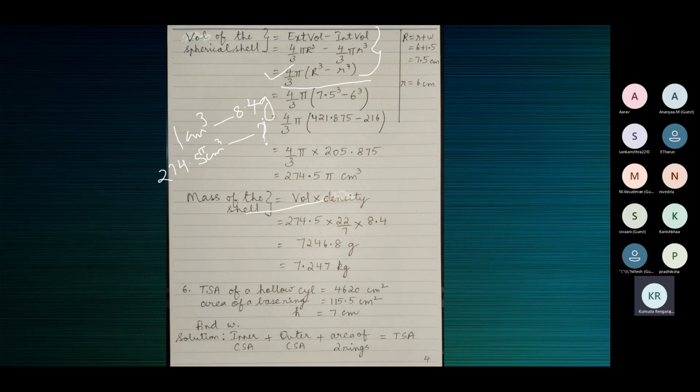Children, again, you will wonder why. How do you know that you should not use the value of pi here? It's not that you should not use. You can use the value of pi 22 by 7 and leave the answer as a fraction. You need not show the decimal value everywhere. Decimal value is needed only in the final answer. In between the answers you get, you can leave it as a fraction. Everywhere you don't have to divide and spend time.